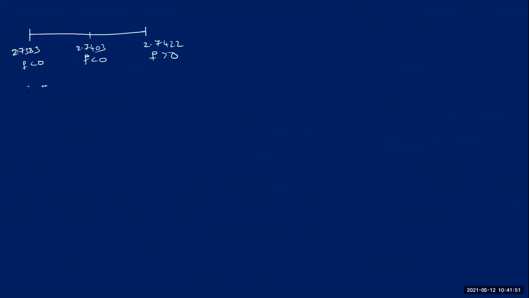So therefore, now the root lies between 2.7403 and 2.7422. Fine. Now, therefore, if you calculate the next approximation, x10, it is the average of these two values,